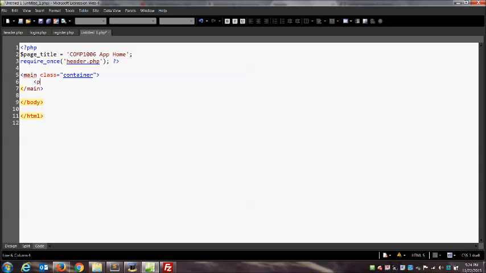Now, another thing that we want to do, we'll maybe put in here before our UL, we'll put in a title. Let's see, let's make a page. We're going to make a page called default. Title equals